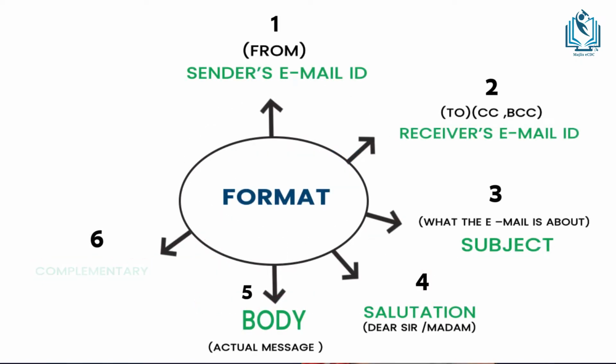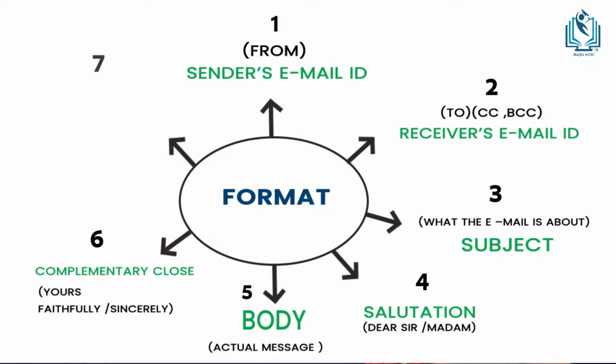Number 6 is the complimentary close. It is the way to end the email. It means goodbye in general terms. We generally use Yours faithfully if we do not know the person we are writing the email to, and Yours sincerely if we know the person we are writing the email to. The seventh one is sender's details. Here the name of the sender, designation and contact details can also be added. We know that in this format the date of sending an email is not required, as in an email, the date will automatically be taken while it is being sent.